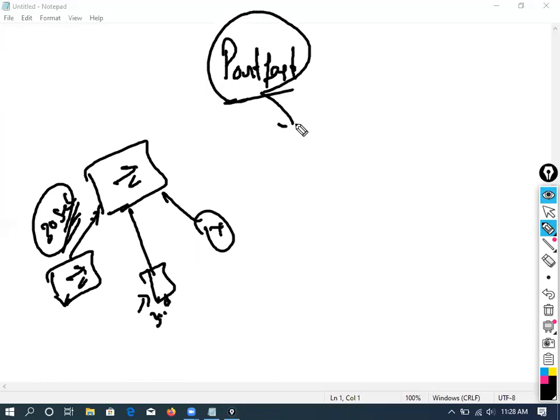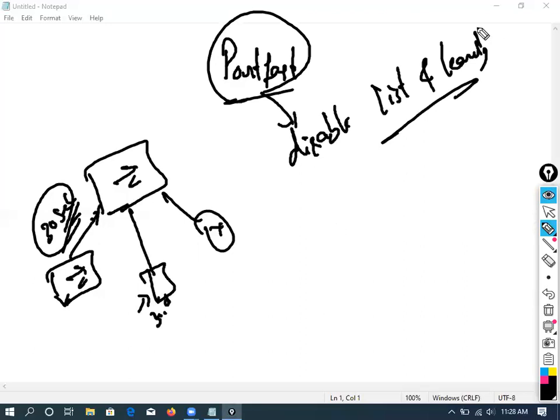It is going to disable the listening and learning states. So whenever you plug in the device, immediately, within a second, the link will come up. How do we do that?